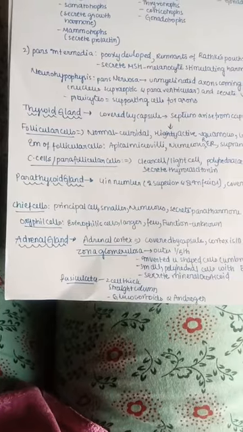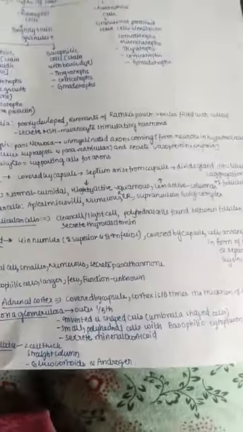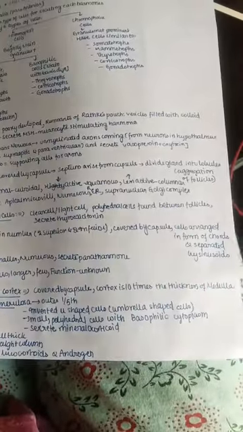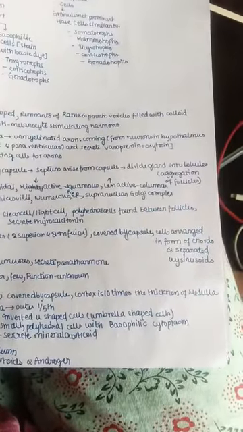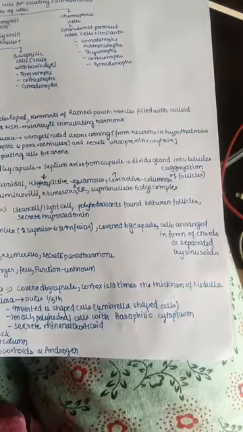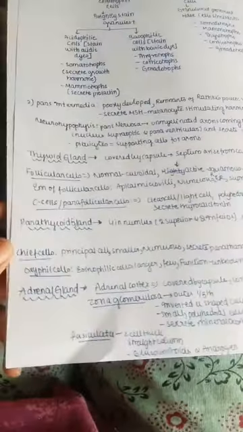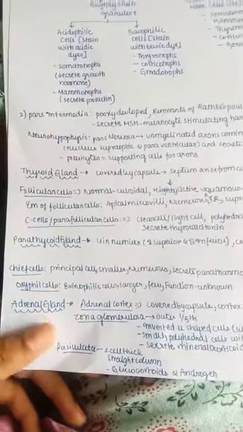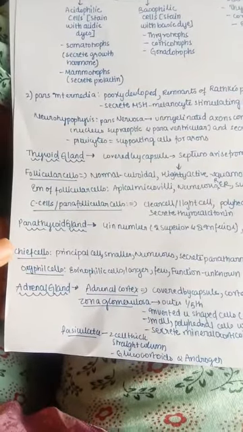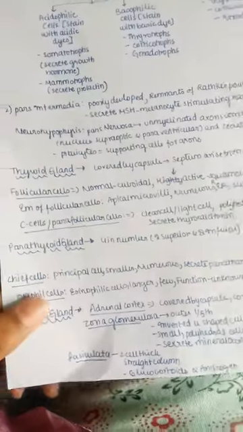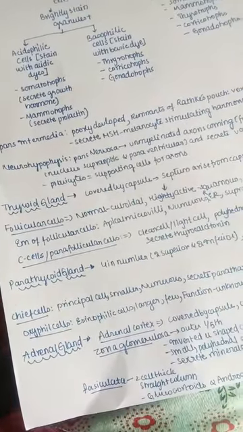Next, let us see about the parathyroid gland. So the parathyroid glands are usually 4 in number, that is 2 superior and 2 inferior, and they are covered by a capsule, and the cells are arranged in the form of cords, and they are also separated by sinusoids. Sinusoids are nothing but the gaps in between them. And the chief cells. So actually parathyroid has two types of cells, that is the chief cells and oxyphilic cells. According to their name only we can understand it.